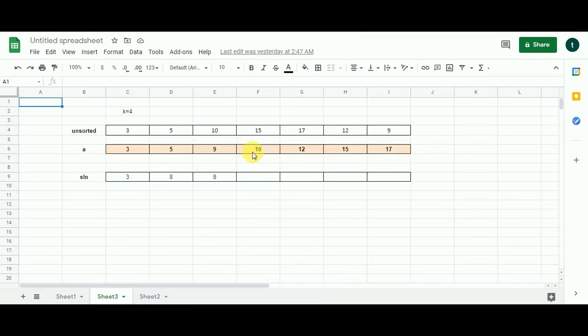We have 10 now as the next integer. We'll subtract 9 from 10, the difference will be 1. So these two can form the pair. What we'll do now, we'll add 10 and 9, that will give us 19, and add it to the result stored in the cell just before the immediately previous cell in the solution array. This will give me the solution as 27, which I have to compare with 8 to find the greater value and store it in this cell. So the max value between 27 and 8 is 27, which I populate here.